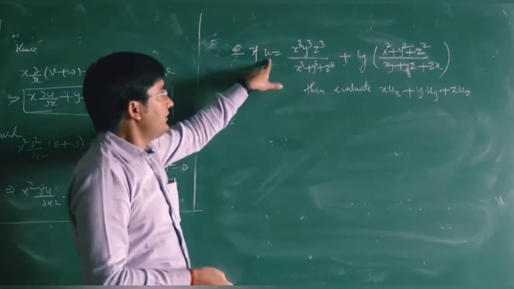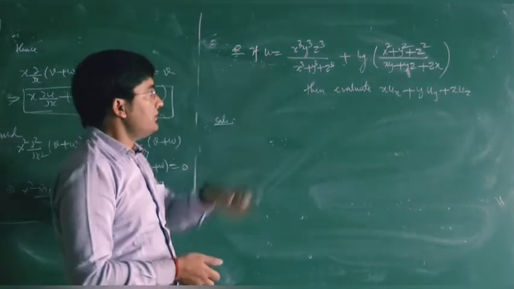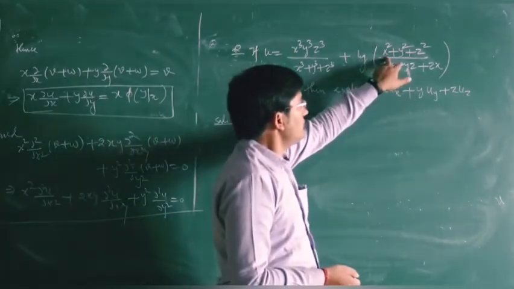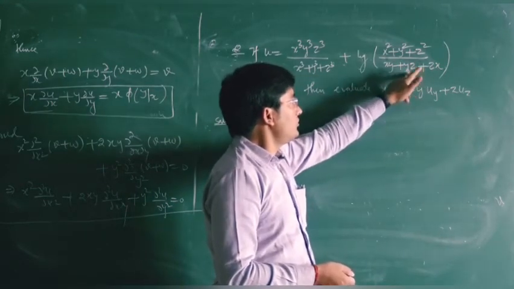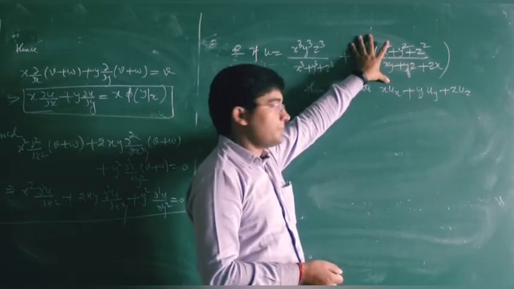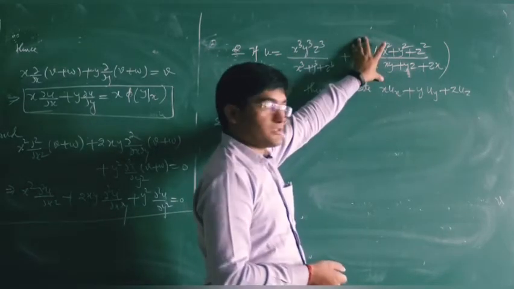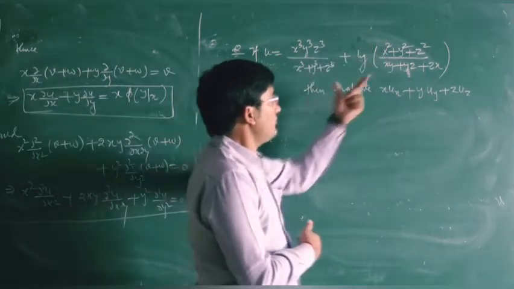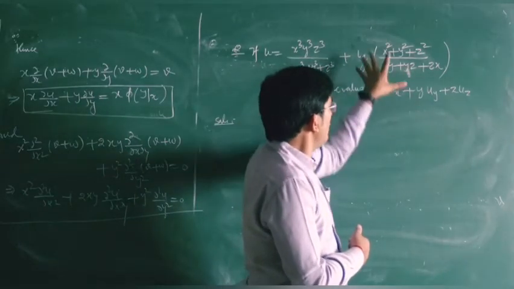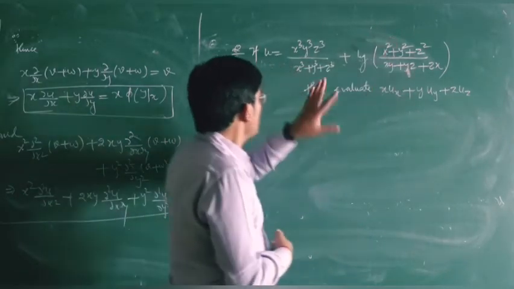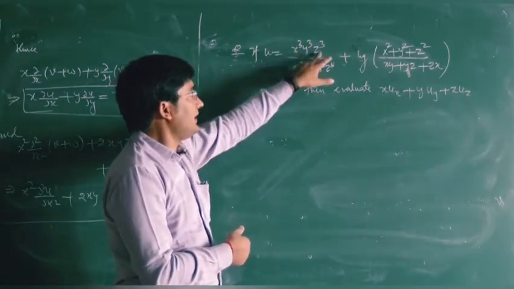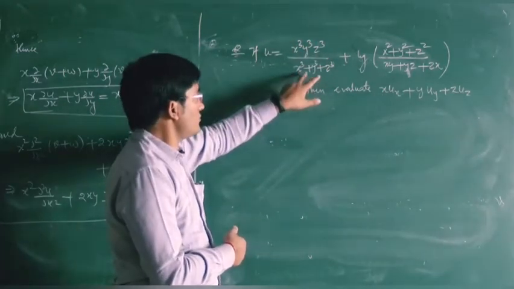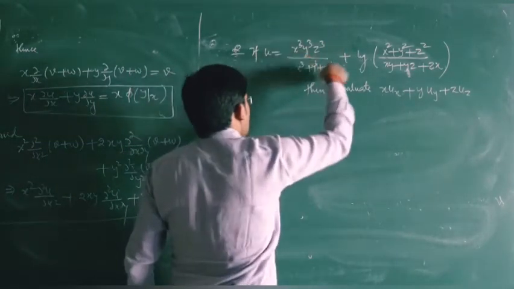Again, here you can see that this numerator has degree 2 and the denominator has degree 2, so this function is constant, and if it is constant, then it has degree 0. Hence, by Euler theorem, the value of this expression will be 0. And the first part has numerator of degree 9 and denominator of degree 3, so we can say that this part has degree 6.